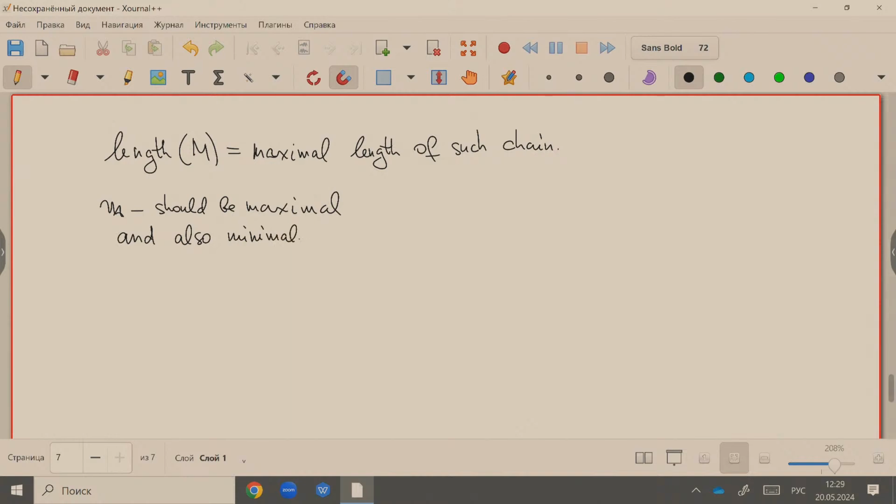Yeah, so otherwise your module will be of infinite length because of, just if m is not